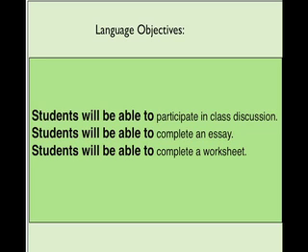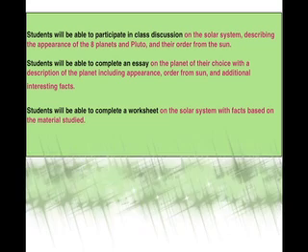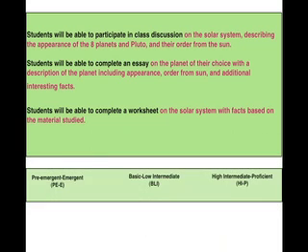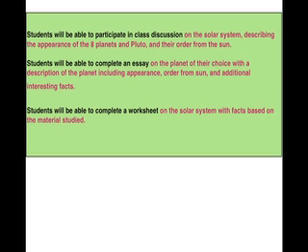Now these are not yet explicit enough for our goals for SIOP lessons, and so let's look and see how we can improve these in order to make them more explicitly tied into the specific content of the lesson. So in this first lesson that I am thinking about is on the solar system. And having gone through and looked at the activities and the eventual assessment of the lesson, these are the things that I can see that students are going to need to be able to do